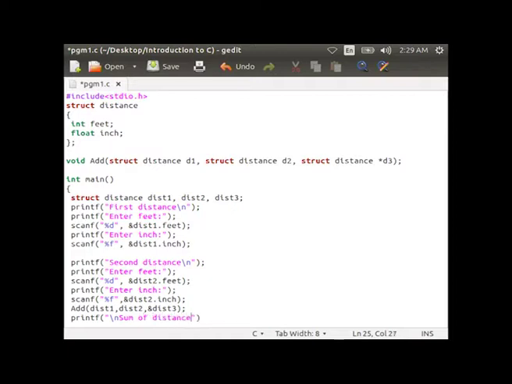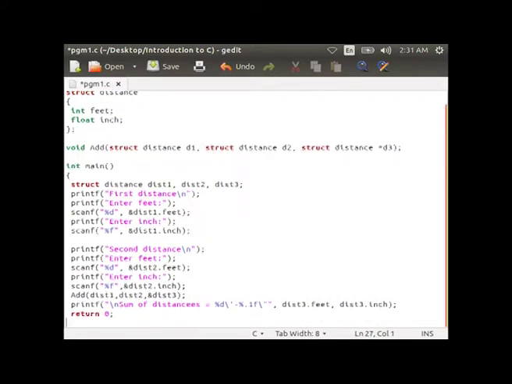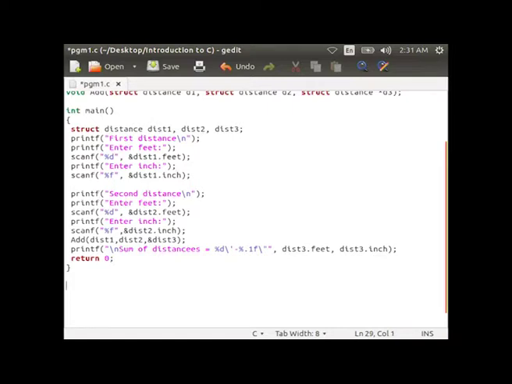Then printf "sum of distances equal to %d'%0.1f", dist3.feet, dist3.inch, then return 0 and close the final curly brace.